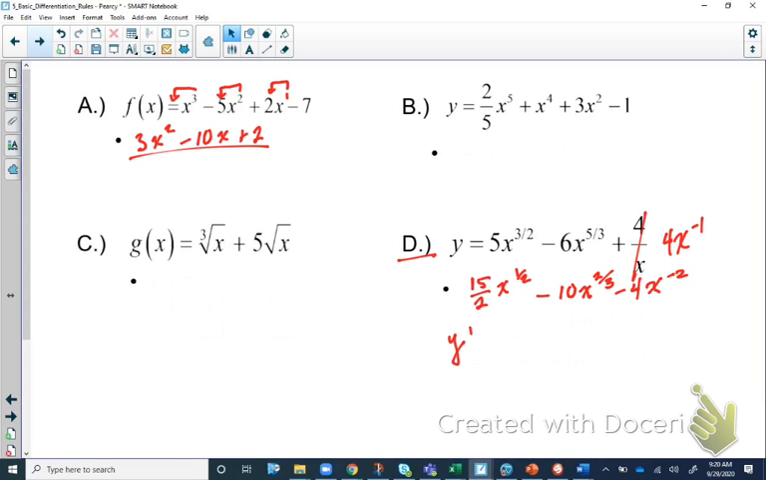So here I'm going to get y prime is equal to 15 over 2. And if you want to write that as a decimal, that's fine because it's a nice decimal. x to the 1/2 power minus 10x to the positive 2/3 power. And here we'll get minus